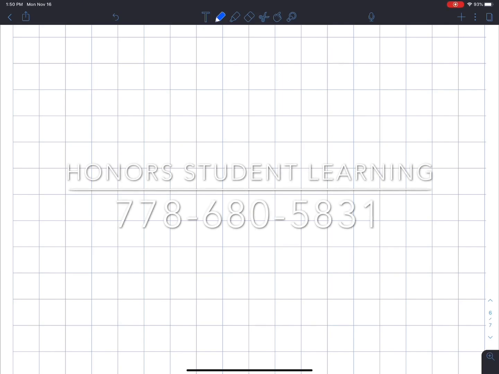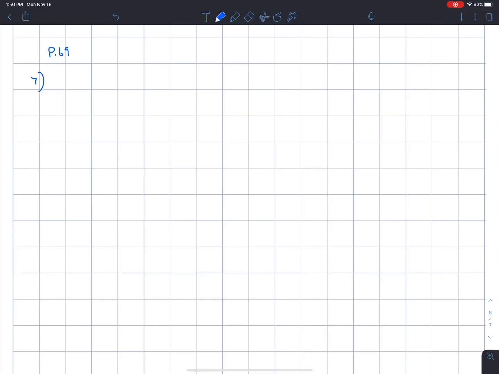Okay, moving on to question 7, page 69. An investor lost $180 on each of several days. His total loss was $1,080. How many days were involved? So we lost 180 per day times the number of days, and this will give us